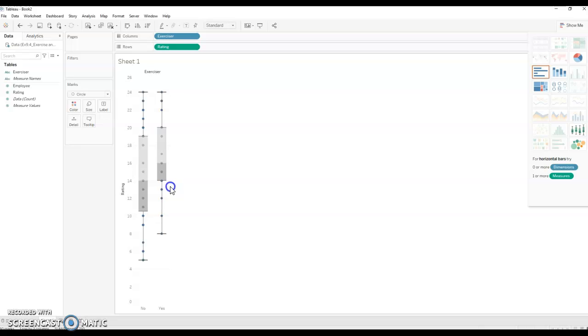In fact, the quartile 1 of the exercisers is right about where the mean is for the non-exercisers. And so, sorry, not the mean, the median. In fact, the median is right at 14, the lower hinge, which is quartile 1 on this, is at 14, so they're right there in line. So from this, at first blush, it looks like that hypothesis that we're making is what